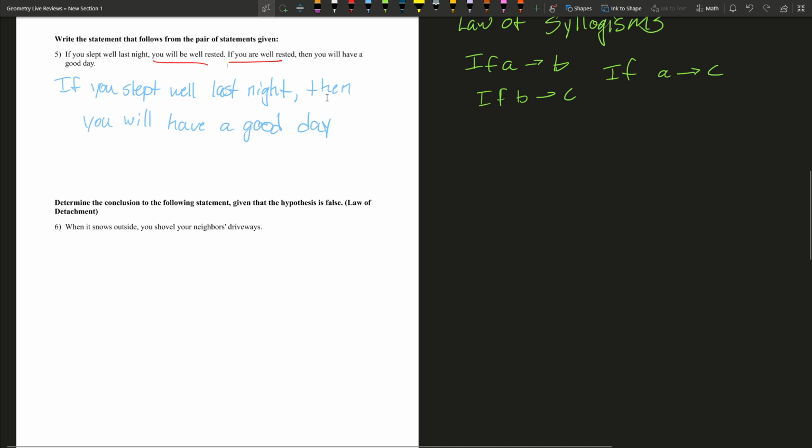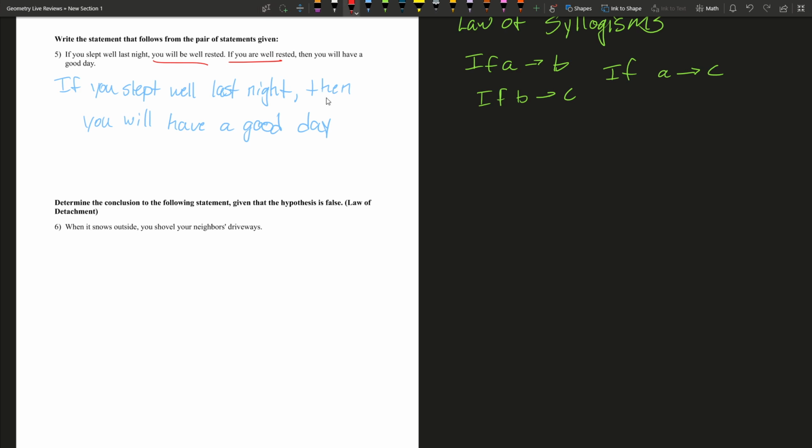Number 6, determine the conclusion to the following statement, given that the hypothesis is false. So this is using the law of detachment, and what that says is if you have a true hypothesis of a true statement, then your conclusion will also be true. If you have a false hypothesis of a true statement, then your conclusion will be false. So what this does is it basically just isolates the hypothesis and then has you determine what will happen with